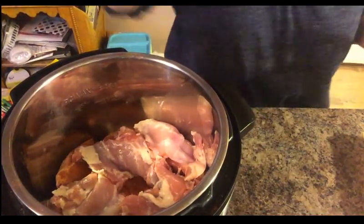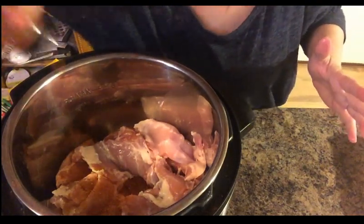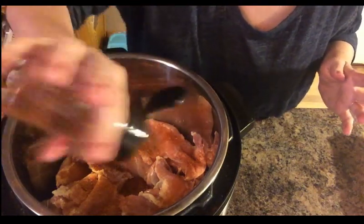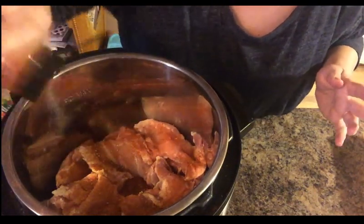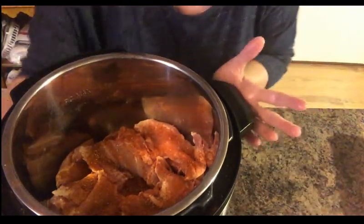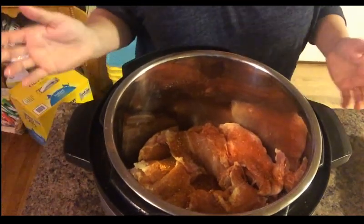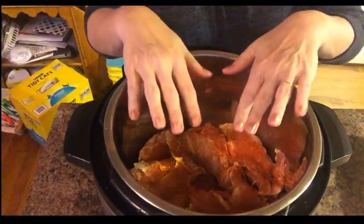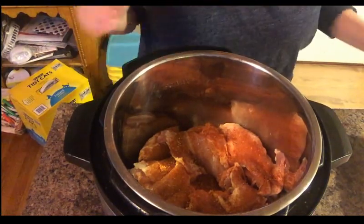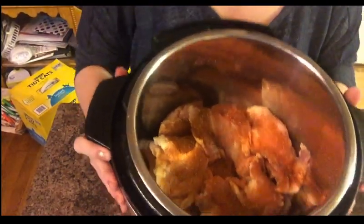So I'm gonna go ahead and put this on the second layer, and you can layer this up as much as you want to fill up your pot, okay? And I will show you that this filled up about halfway up, maybe. So what I'm gonna do now is I'm gonna wash my hands and wash my shaker, and I'll be right back. All right, so like I said, all I'm gonna be doing this time is putting taco